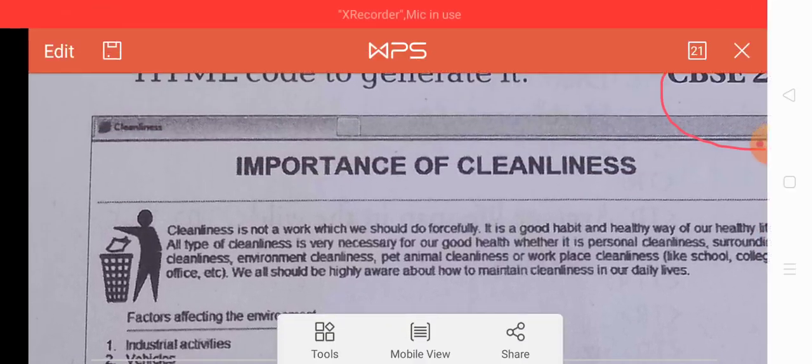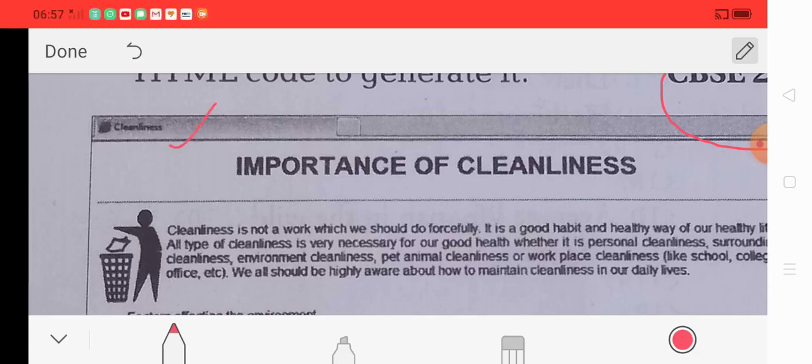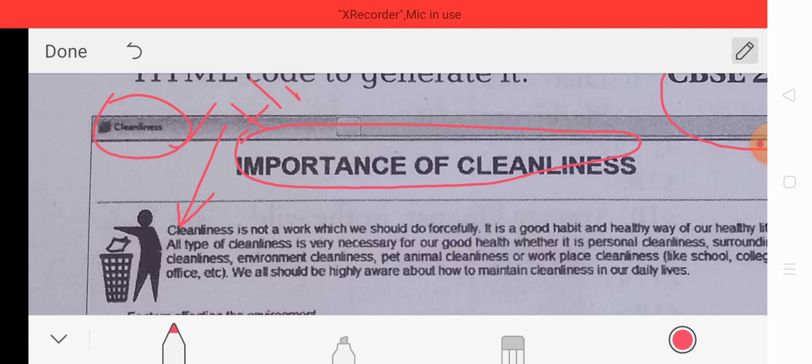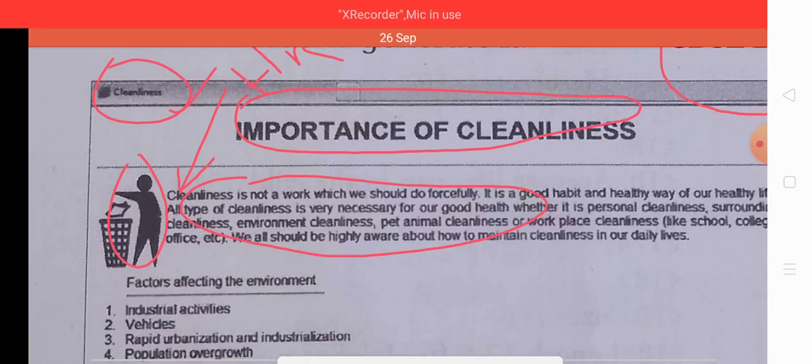See, first of all, there is a title of the web page, then a heading is also there. Okay, HR tag is also used. Simply a paragraph is there, and an image is also there. But the image is left aligned, and by default an image is left aligned, and the size of the image is also very small. So we have to see it also.